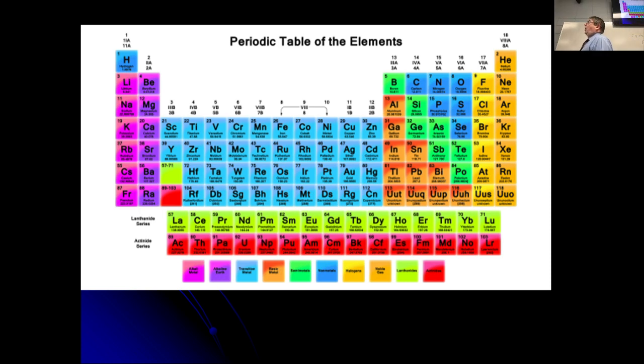Okay? What do I know if I go in this direction of the periodic table? Electronegativity, right? Fluorine is considered the most electronegative atom. Around here, we consider this to be the least electronegative. What does that mean? It means that stuff over here likes to give away its electrons. Right? That's what metals do. That's why they conduct electricity. What about over here? They want to grab electrons. They want to pull electrons to themselves. Where does carbon sit?